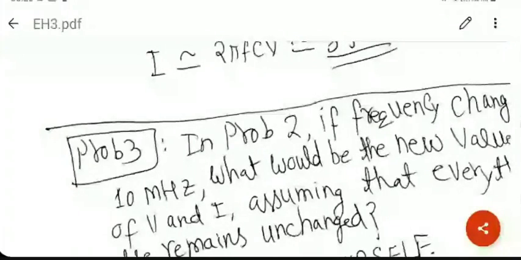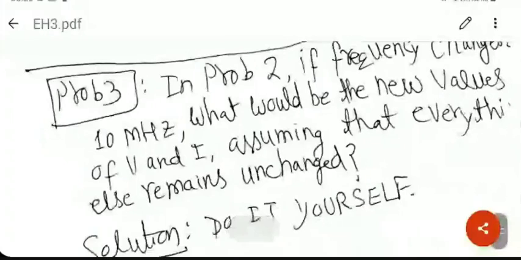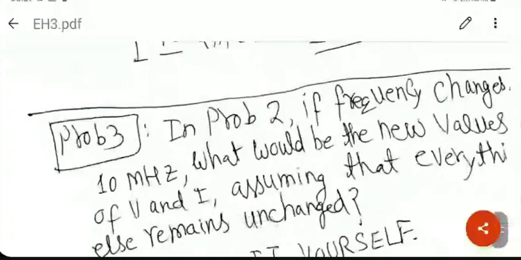The last problem is a repetition of the previous one, assuming that frequency has changed to 10 megahertz. So you can repeat it. I have not done it myself. You can repeat the entire calculation. If frequency goes down, you'll see